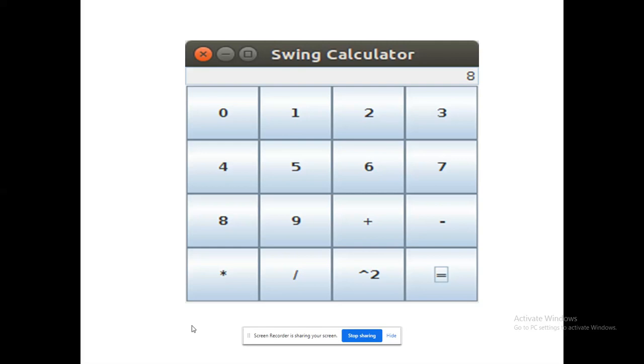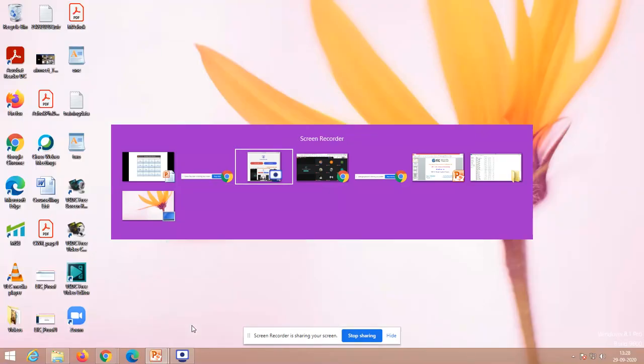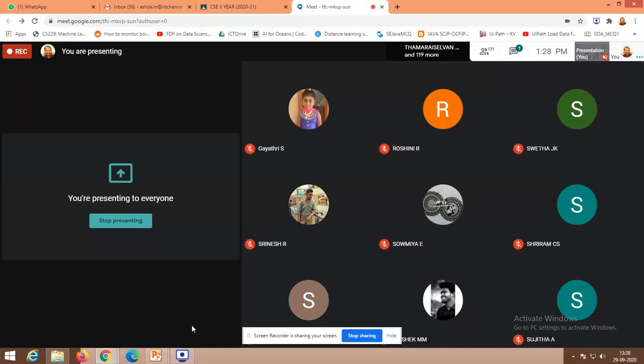The only idea here is what controls you are going to use, how you are going to arrange the controls, and what event handling methods we have to use. These are all the things that you have to take into account. That could be the main thing that you have to take forward. Now let us see this code, right? How to design this?